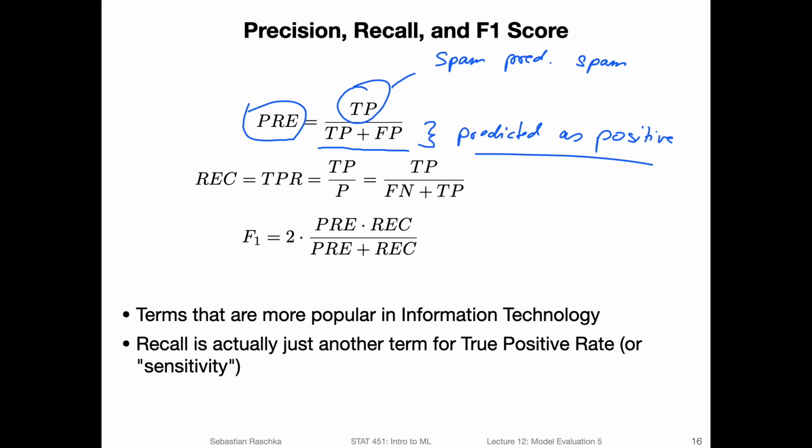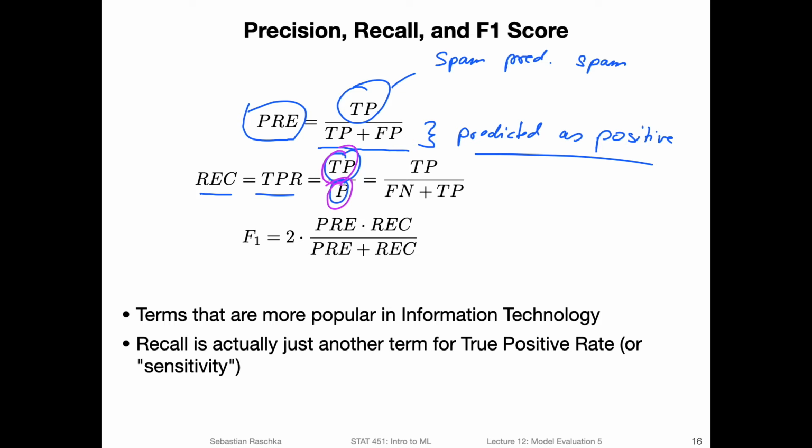So that's the precision. Another metric is the recall, which is actually the same as the true positive rate that we talked about in the previous video. So that's the number of true positives divided by the positives. And so this one gives us how many of the positives we actually recall. The true positives are the ones that we correctly predict as positives. So how many out of the positives do we actually identify as positive? It's like, how are we doing on recall? How many do we actually identify as positives given all the positives?